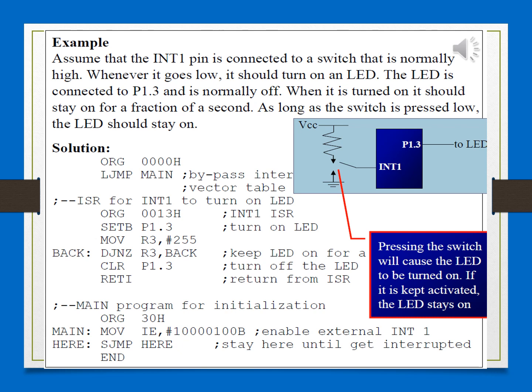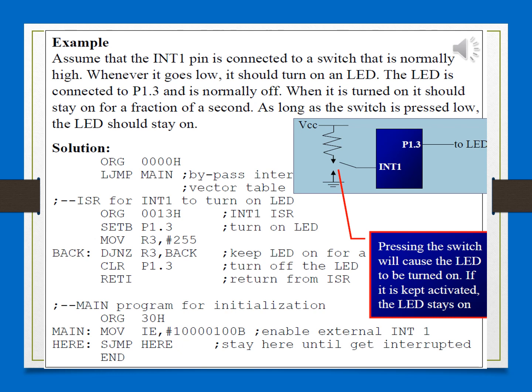We know that whenever an interrupt is acknowledged, the microcontroller will stop whatever it is doing and execute the ISR. Now imagine in the main program you have enabled external interrupt 1. You are keeping the CPU waiting for the interrupt to be generated. Now assume the interrupt is acknowledged. There is an interrupt at this pin. Now the ISR has to be executed. So go to that location, ORG 0013H, which is the location for the ISR of external interrupt 1.